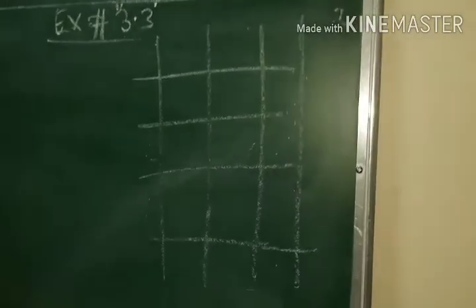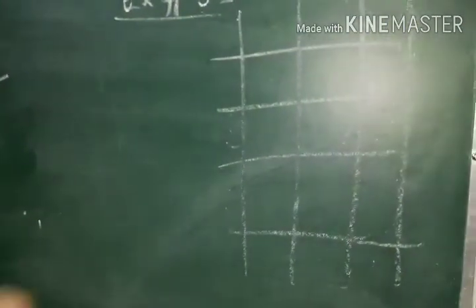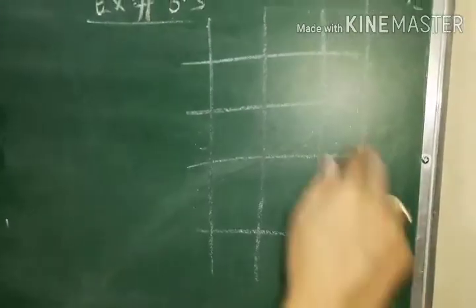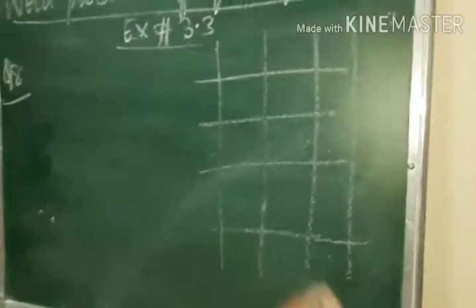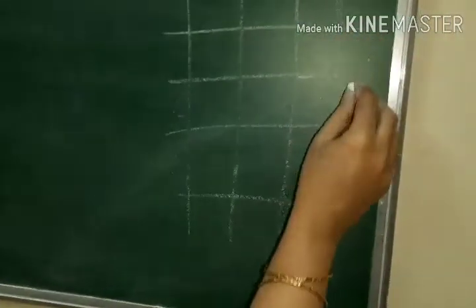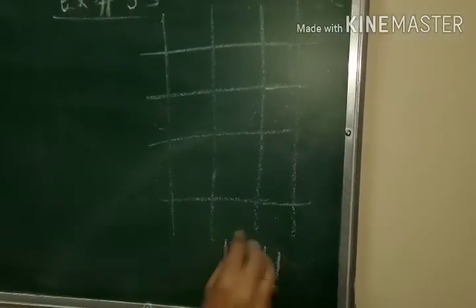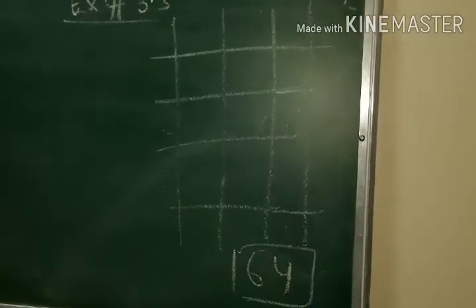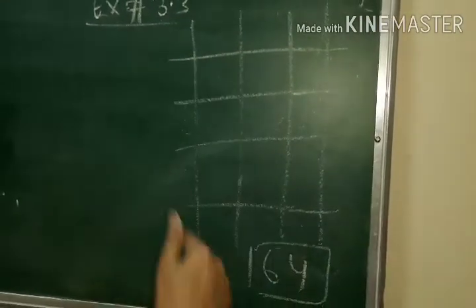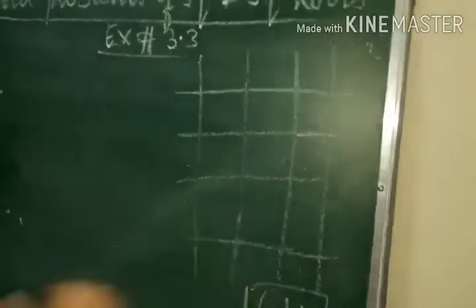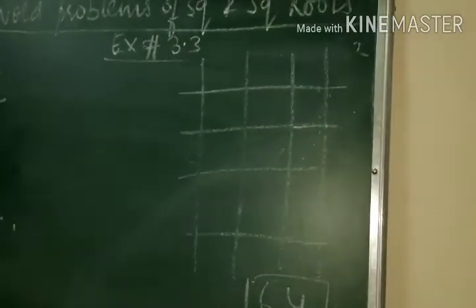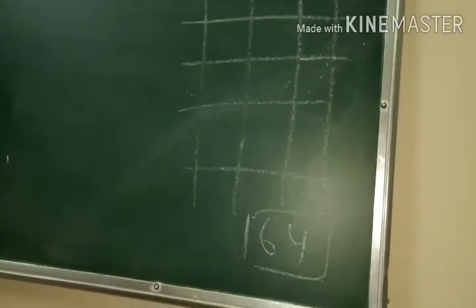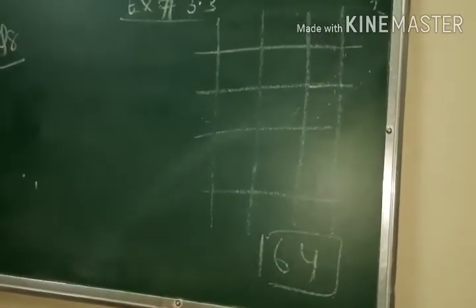And how many students does he have to arrange? He has to arrange 2000 students in a ground. Now what happens? When he started arranging, 64 students were left who could not be arranged in this grid, in this form where rows and columns are the same. So you have to find how many students were arranged so that the number of rows and number of columns are the same. Or in other words, you have to find the number of rows.